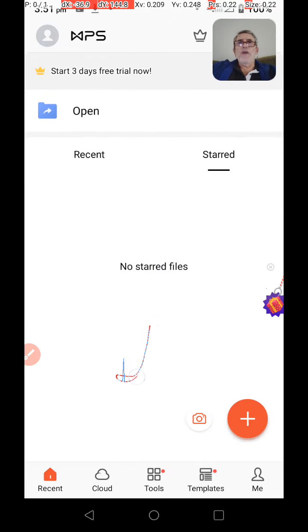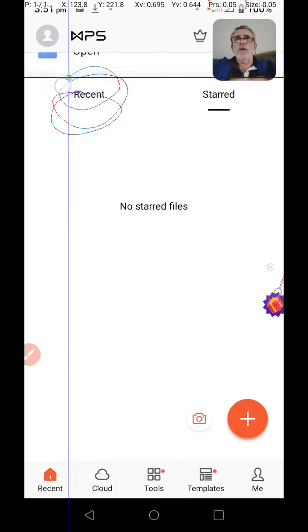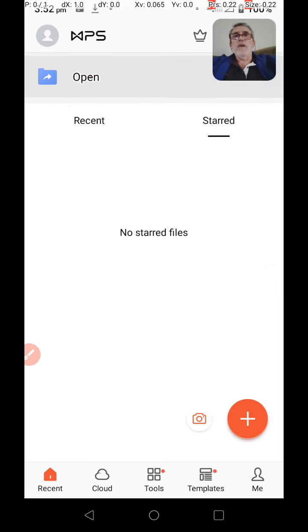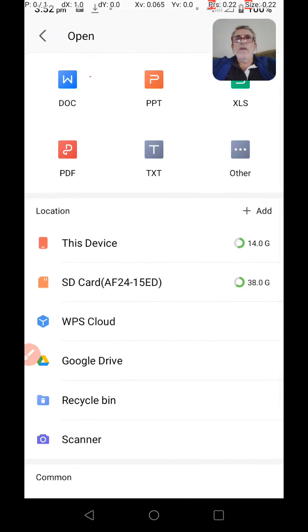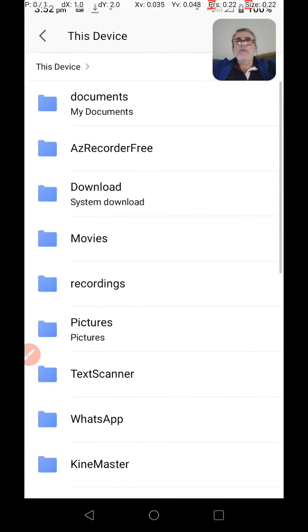One of the things you'll notice, it's got an open function here. It's got an open, all right? It's also got recent and starred files. So what you can do is open something that's already been previously saved. For example, I saved one a while ago called test.txt. I think it's in the AAA folder. So if I click on open there, I can go to this device, go into, where